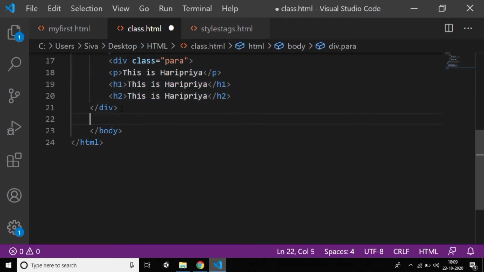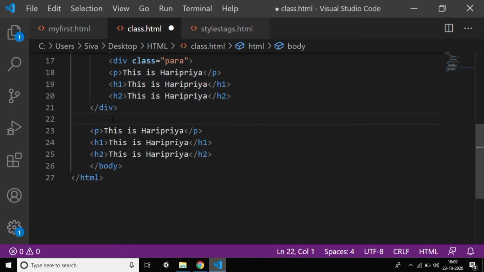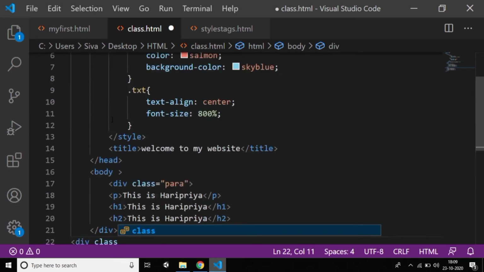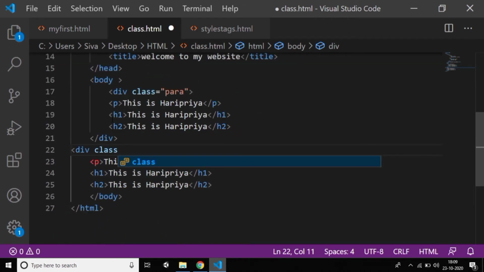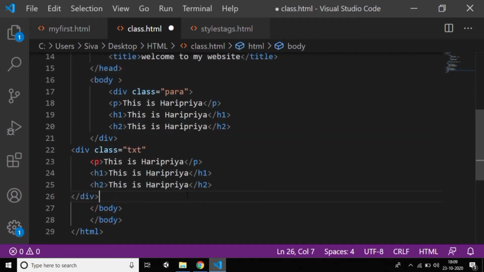Of course, I want only these three tags, so that's why I'm keeping the div tag. In the div tag I'm telling the class I use, which is the same class, txt. So equal to, just give txt and close the div tag. Just close the div and just Control S. And here I didn't close it. Just Control S, and you can see that